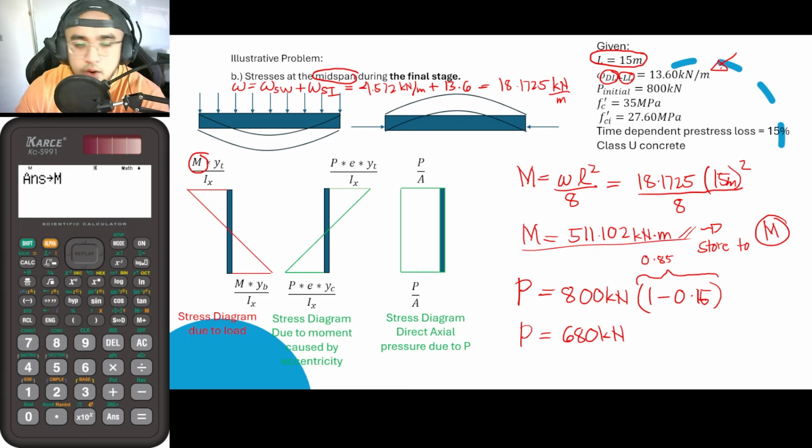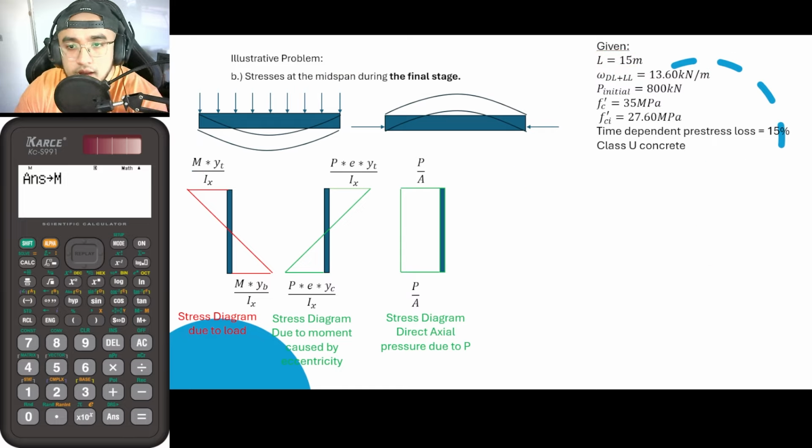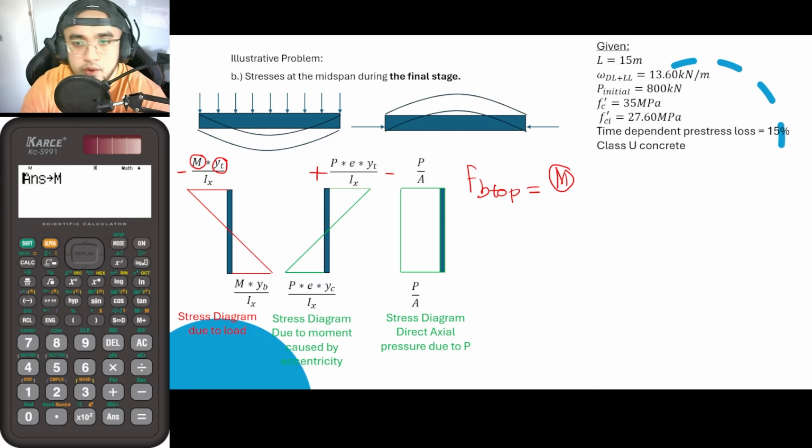Okay. So once again, since we're already here, take note that the value of M is in terms of kilonewton meters. In order for us to have a consistent unit analysis, it would be better if we would be converting it first to Newton millimeter. So if you are to convert kilonewton meter into Newton millimeter, you must be multiplying it by 1 million, or times 10 raised to 6. Once again, this is just a conversion factor. Times YT of 400 mm